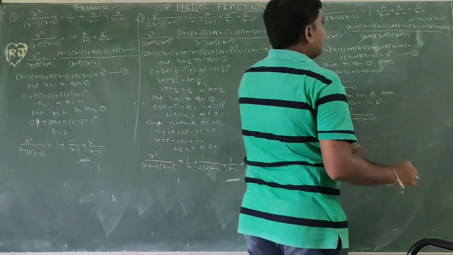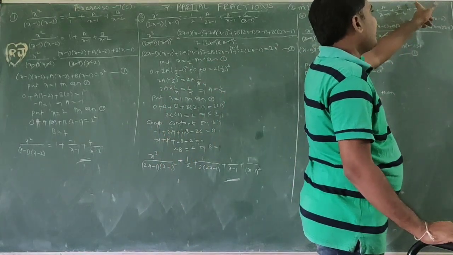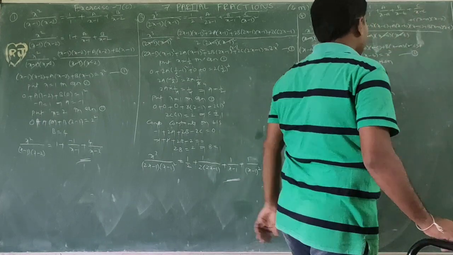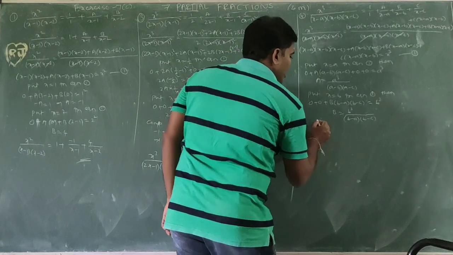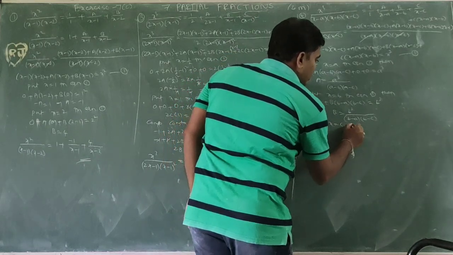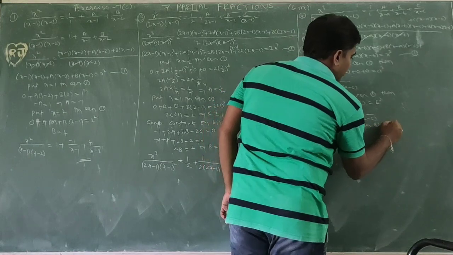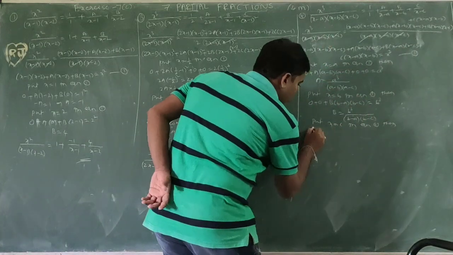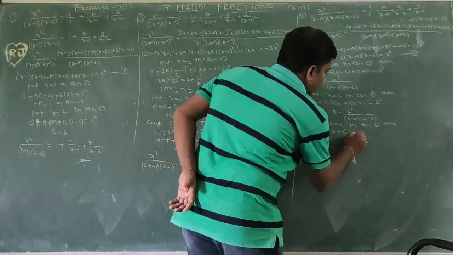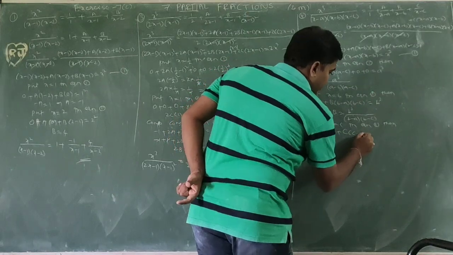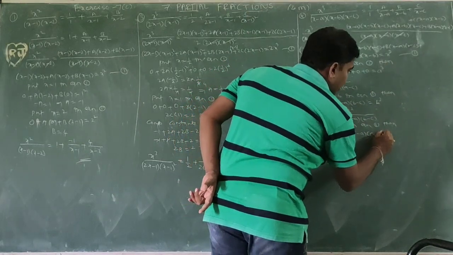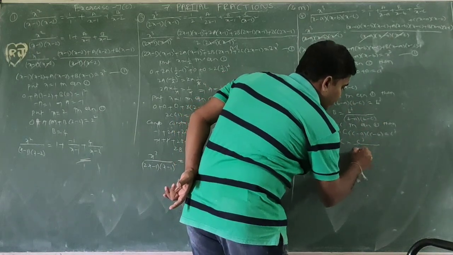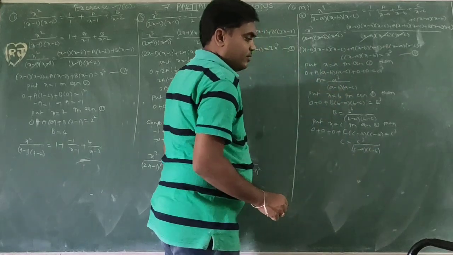Now x minus c, c by x minus c. If we need capital C, we need to change. It is equal to 0. X minus c equal to 0. When it is possible, x equal to c. Put x equal to c in equation 1. Then wherever x minus c is 0, 0, 0, plus capital C of c minus a, c minus b equal to c cube. Capital C equal to c cube by c minus a of c minus b.